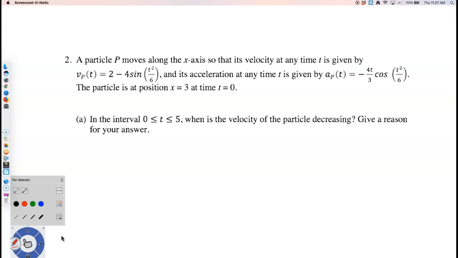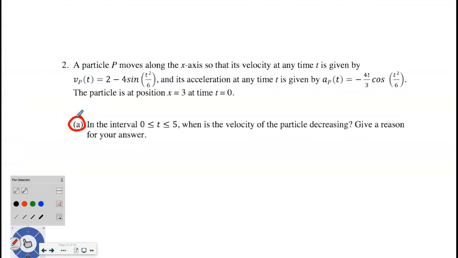If I were to pick the top 6 things that you'll probably be FRQ'd on, because you do 6 FRQs on the AP exam, particle motion would be in that. So most likely you're going to get one. Not every year, but most years there's a particle motion. It's almost always calculator active. This one has 2 interesting questions in it that you haven't seen before, so that's going to be kind of neat. But for letter A, we're on the interval from 0 to 5,